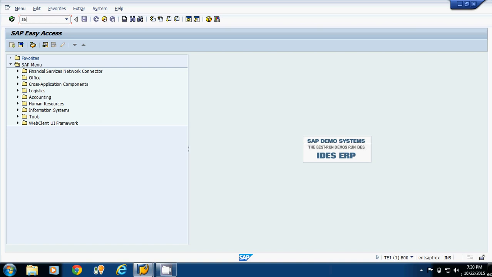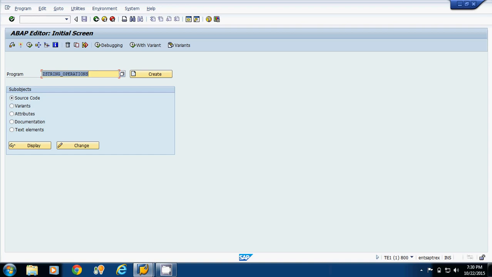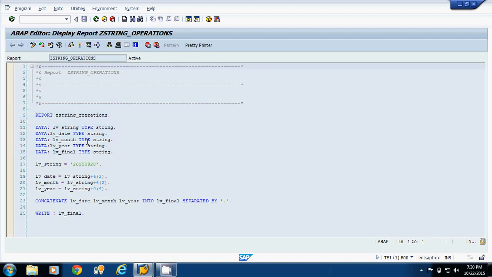For this I am moving on to transaction code SE38, which is the transaction code for reports. I am displaying the already created program Z_STRING_OPERATION. Now what is implicit and what is explicit enhancement? In case of implicit enhancement, the enhancement point is given by SAP. We only have to implement that point. Now in case of explicit,